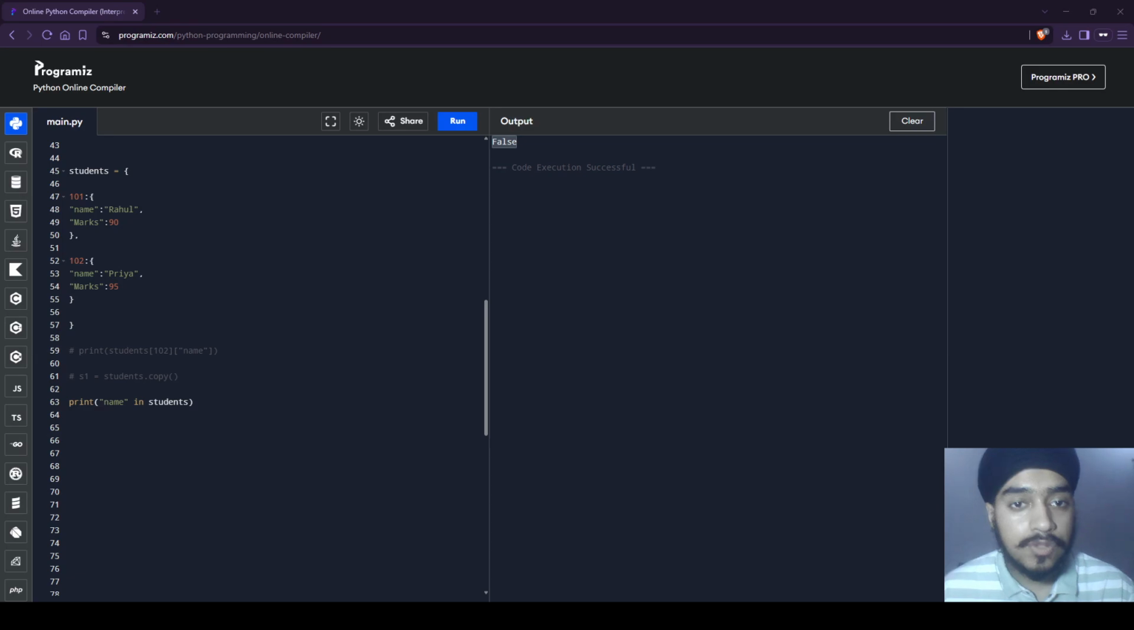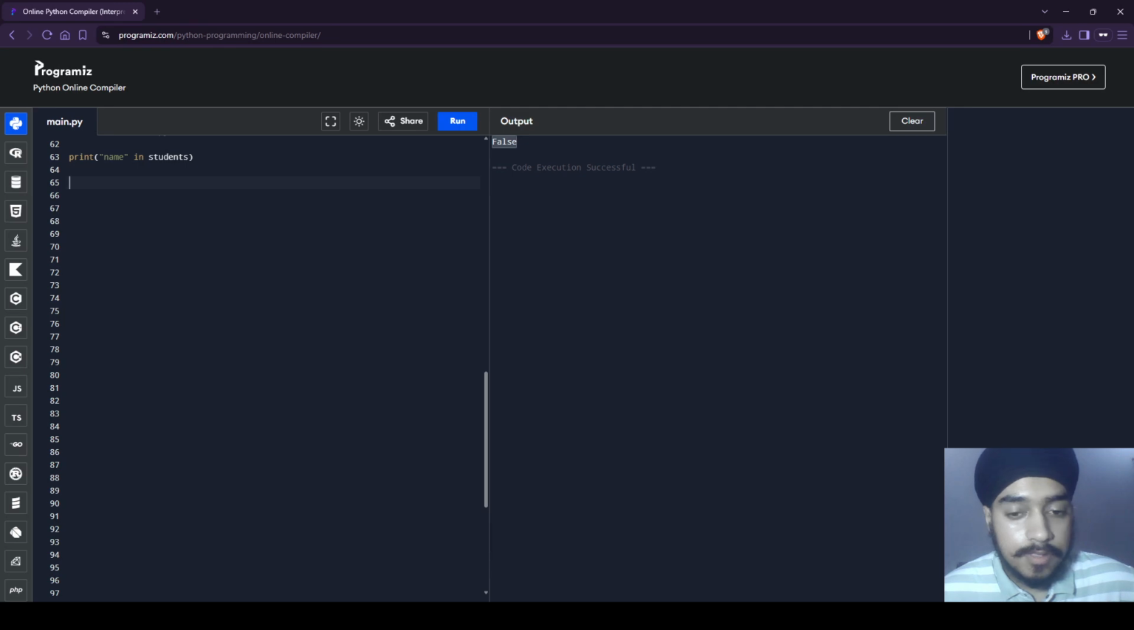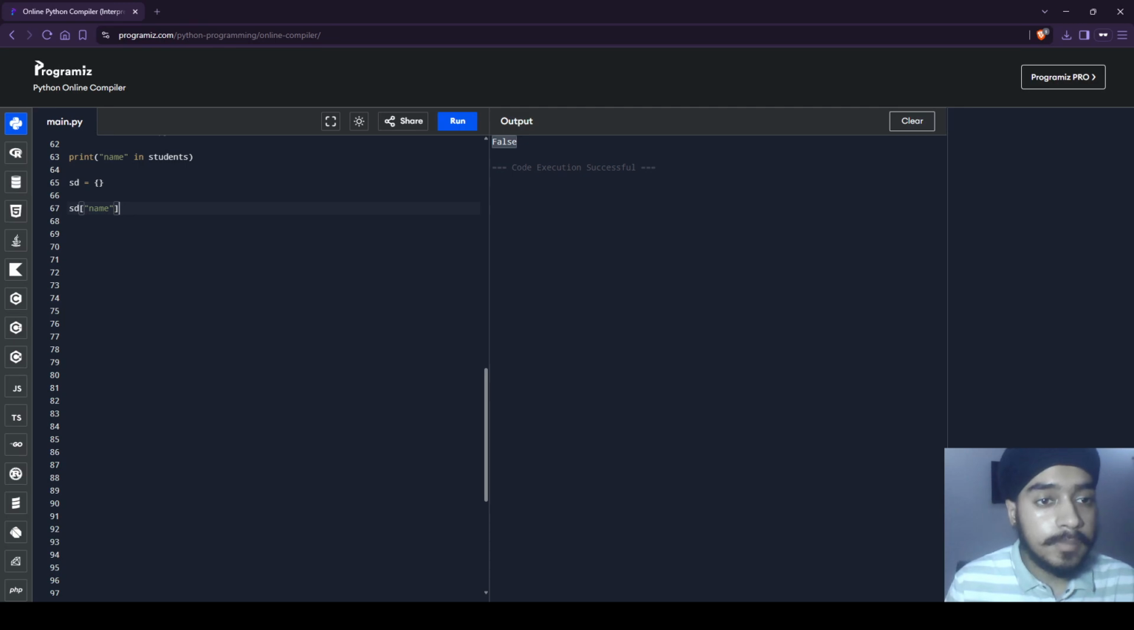Now I want you to make a student database program. Let's make it. Firstly, I'll make a database, student database. I made an empty dictionary here. Now I'll add key value pairs. I'll add as student data and key as name. I'll say input here, input,